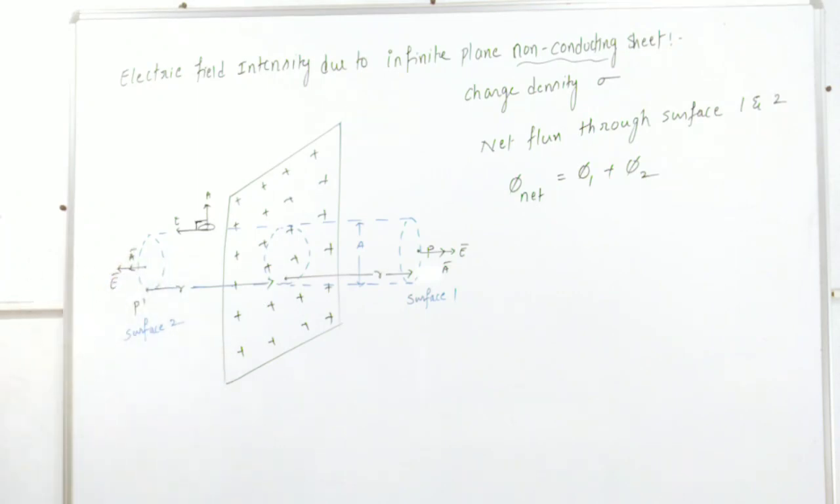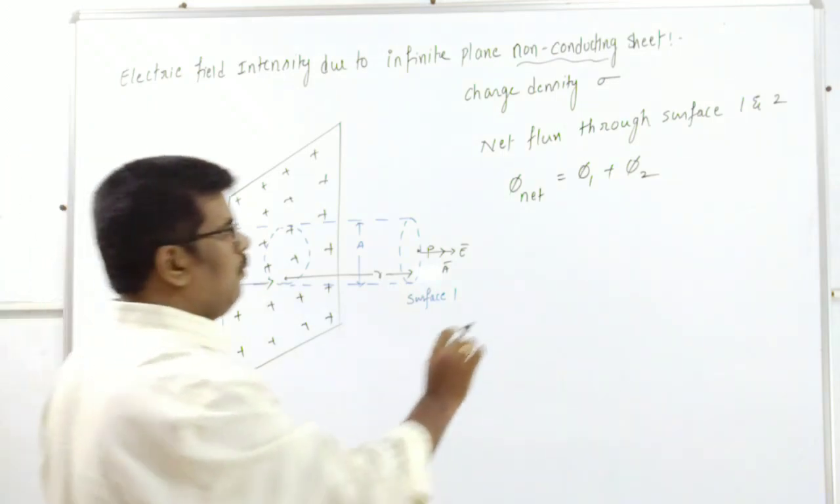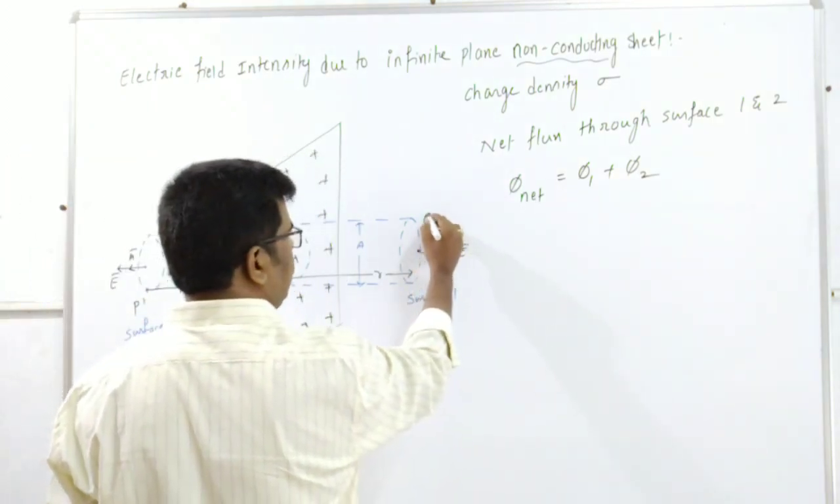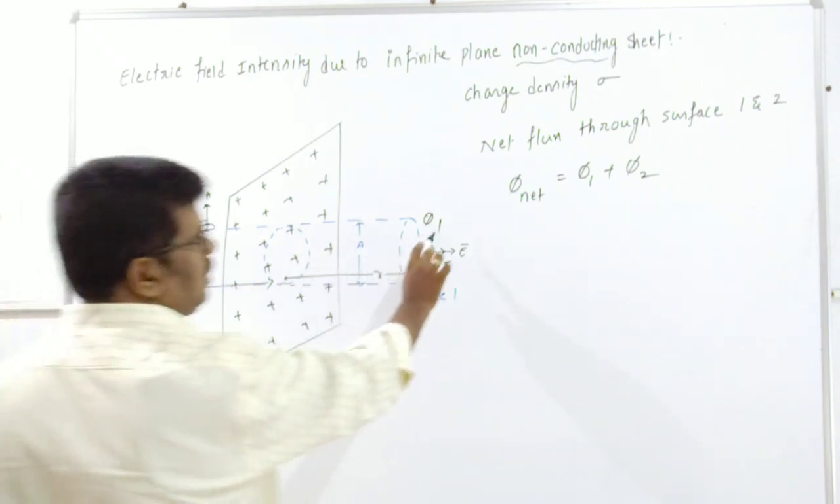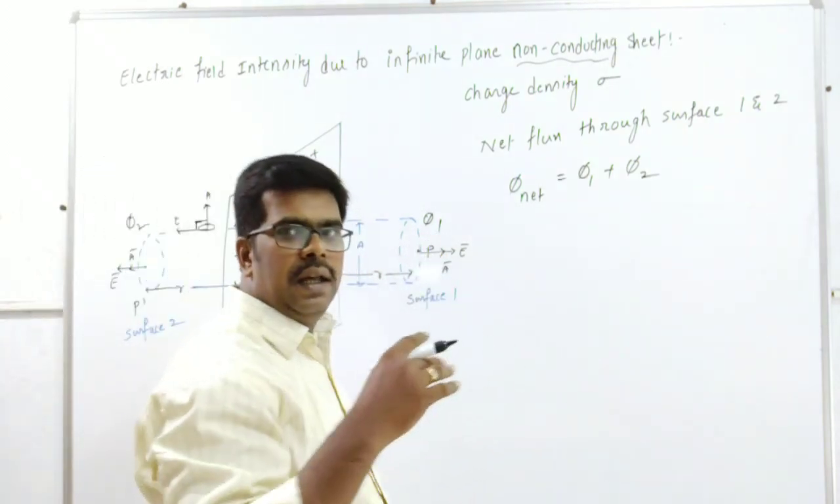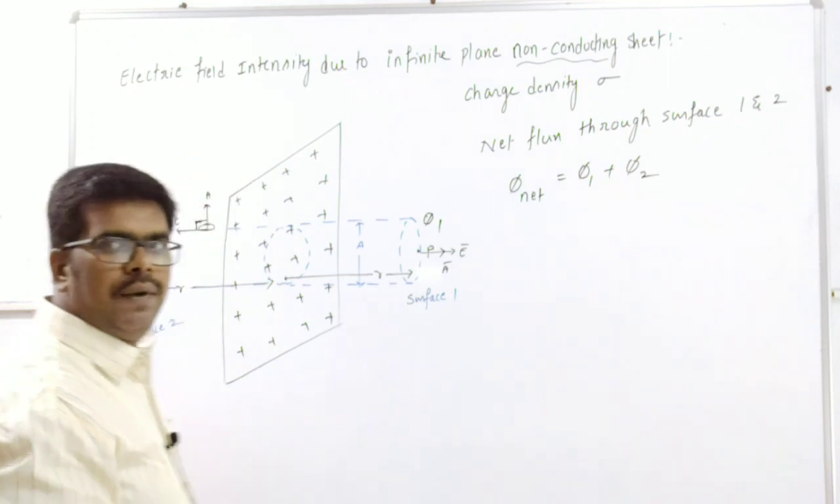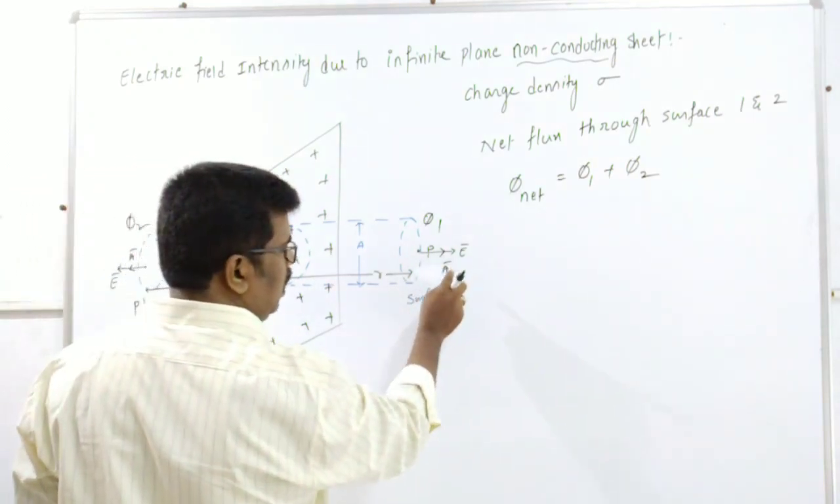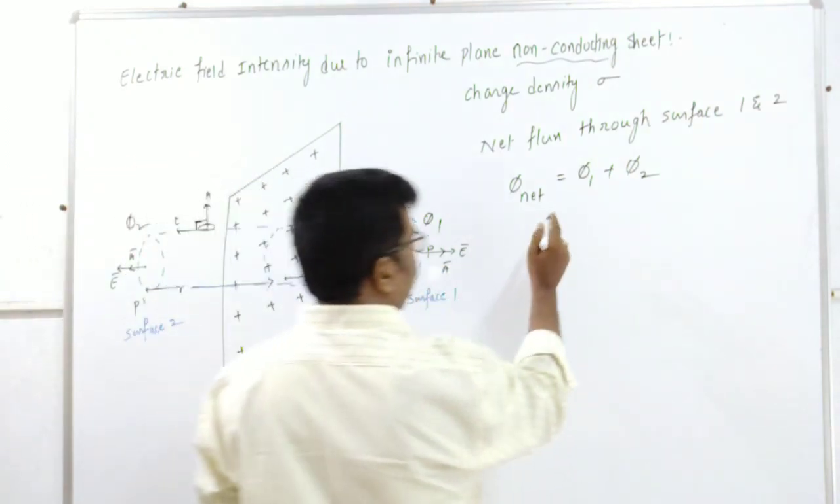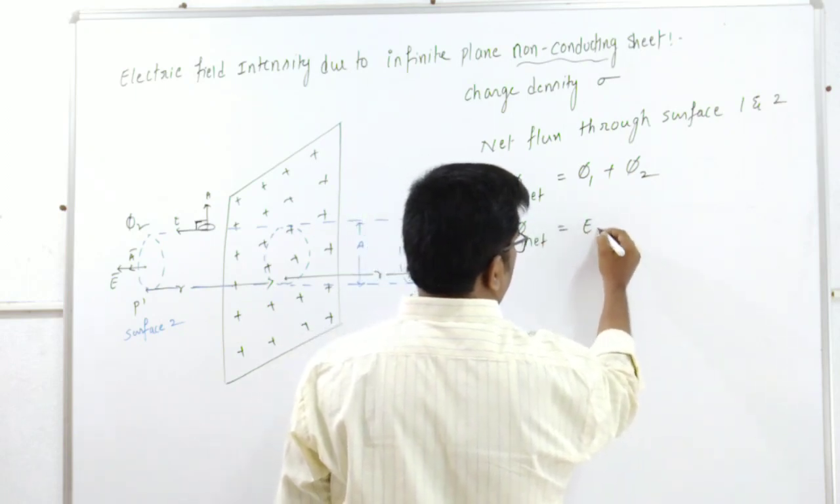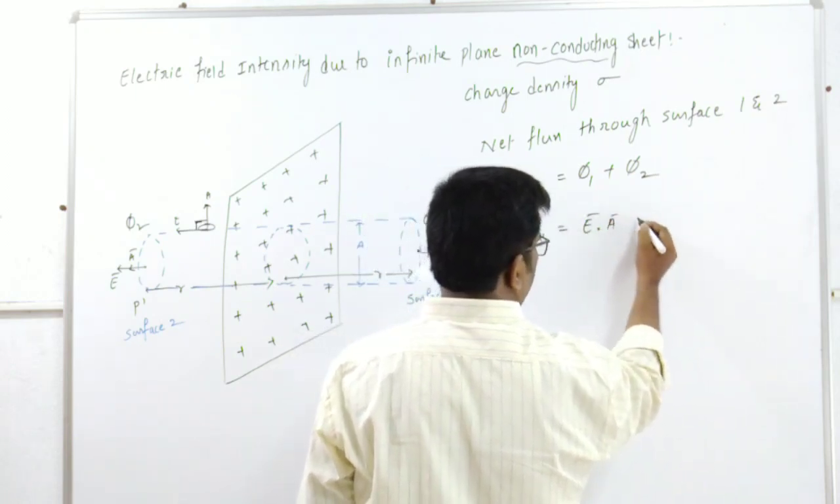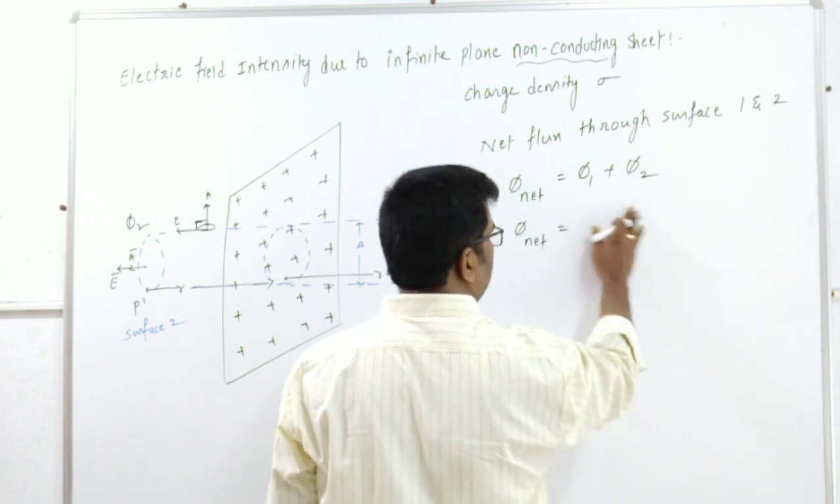Here also the angle between them is 0. Therefore, the flux through the first face, phi 1, and the flux through the second face, phi 2, we are finding. Flux phi 1 we will write directly as the scalar product of the electric field intensity E bar dot A bar. So net flux equals E bar dot A bar cos 0. So directly I am writing EA